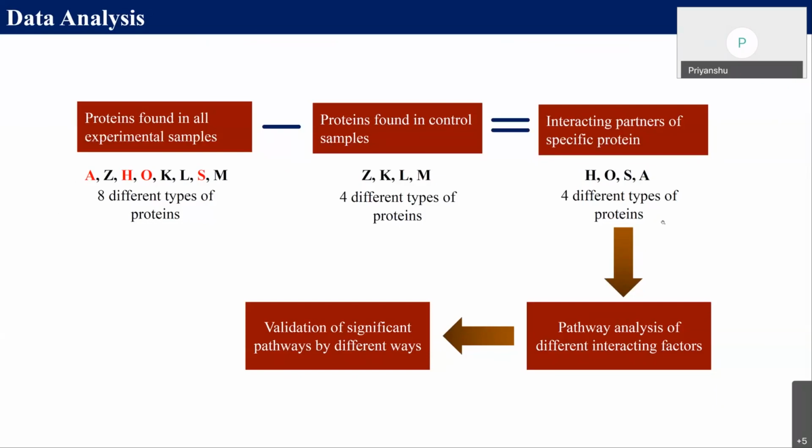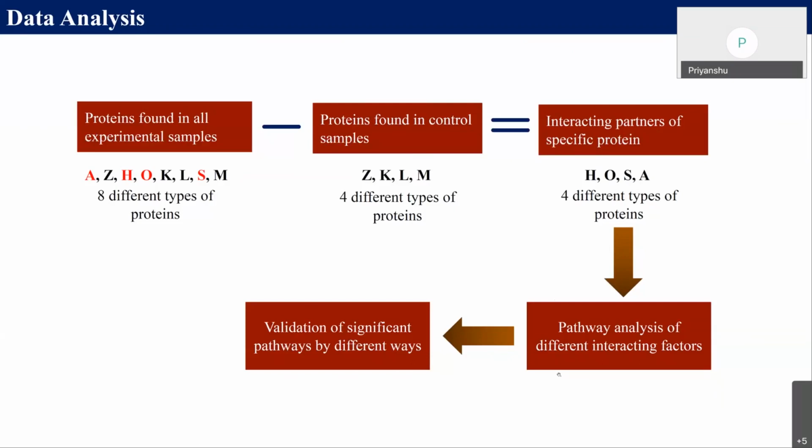This is because sometimes your antibody is very specific for your antigen, but there are some other proteins in the cell system which have less affinity for the antibody and bind to that epitope. These come in your experimental samples, but they are not prominent antigens, so they also come in control samples. I think that makes sense.